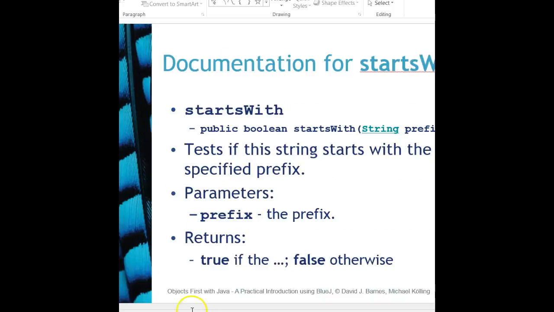So here we are talking about the documentation for the startsWith method. It's public and it checks whether the string starts with the text prefix. We can test if the string starts with a specific prefix. The prefix was "bye." So it's only going to look for these 3 letters at the start. For example, if we type "bye,"